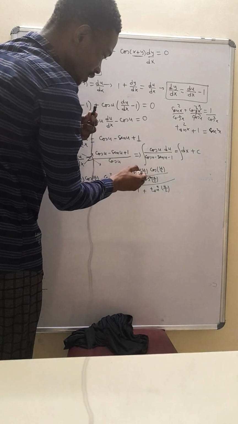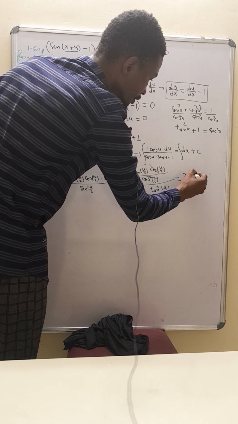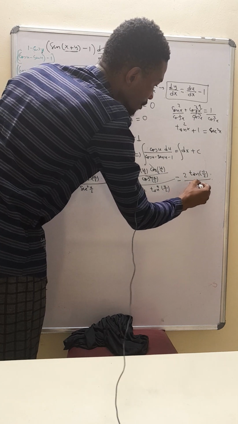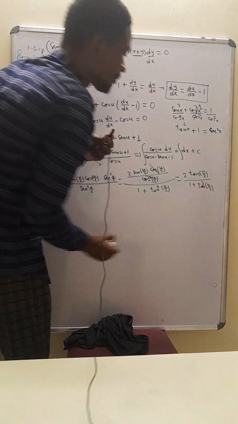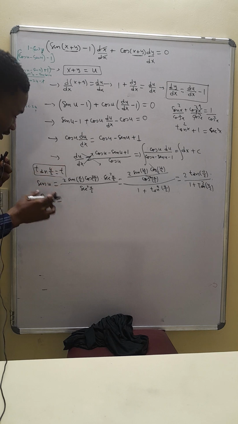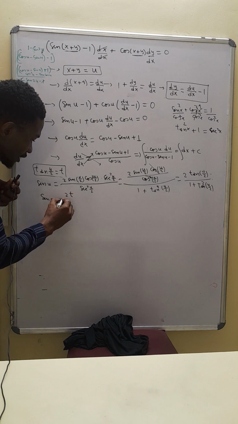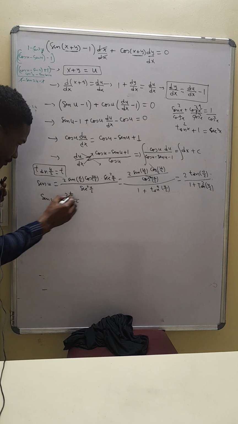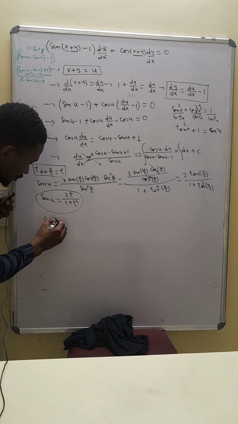Here you just cancel out this cos and this one. You are going to have 2 tan of u by 2 divided by 1 plus tan square of u by 2. Okay, it means that sinus of u, as a function of tangent, will be 2t upon 1 plus t squared. If you do the same process with cosinus, cosinus of u is equal to